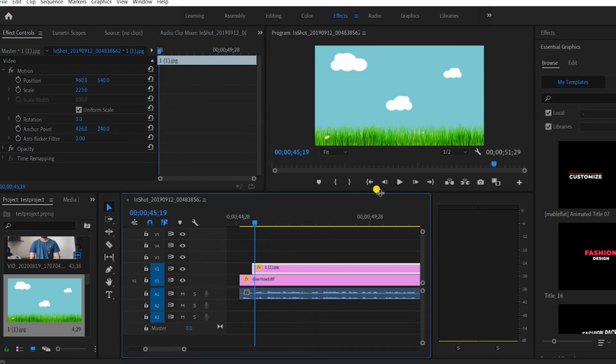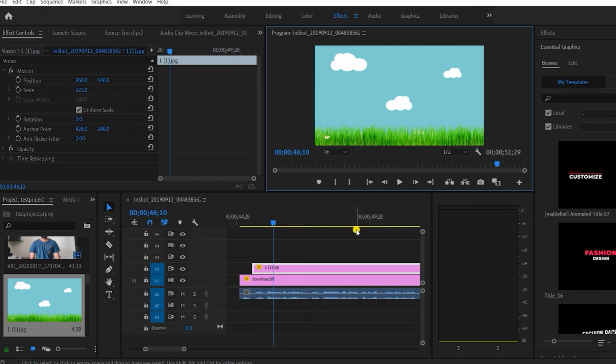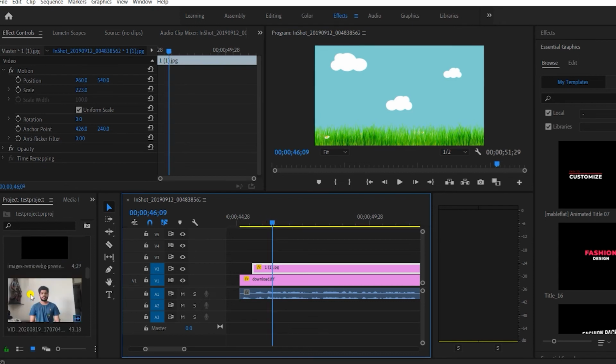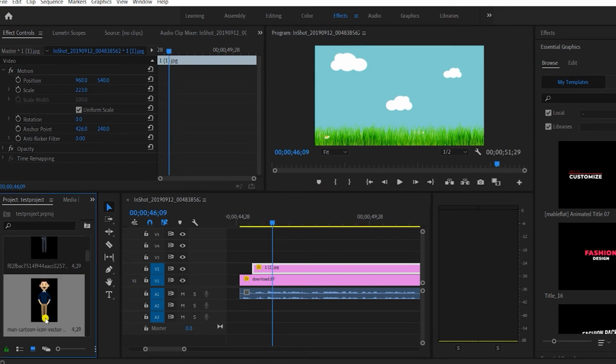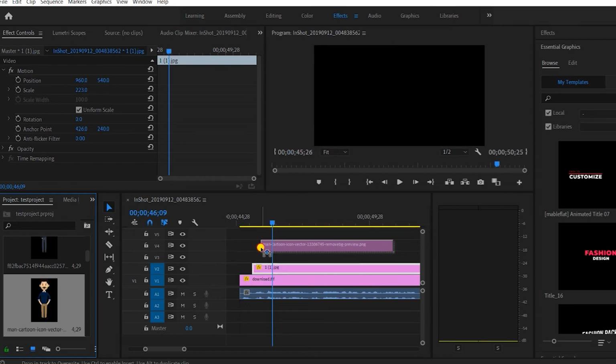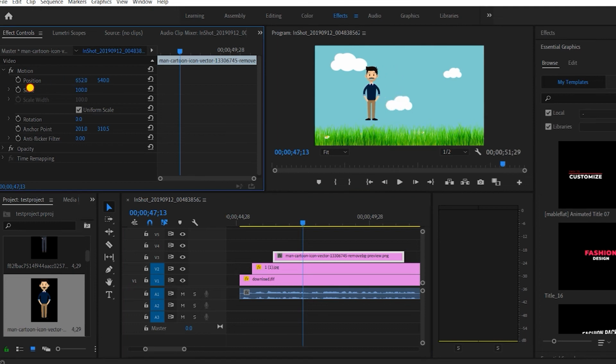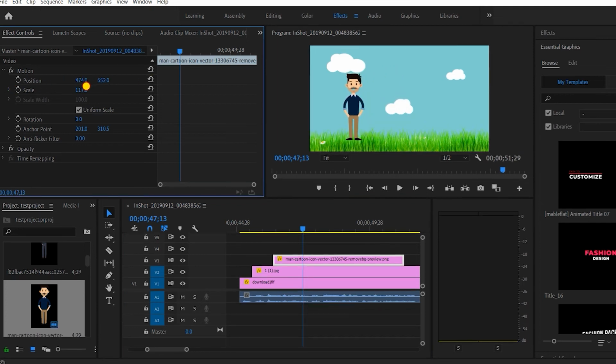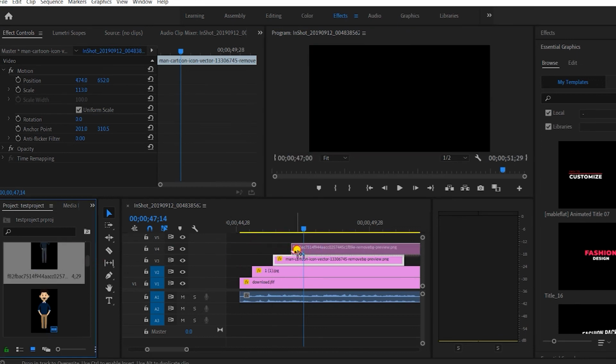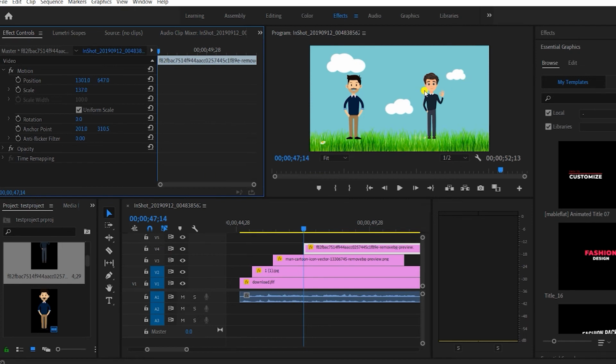So let's add the other characters. The plan is that the character should be synced with the audio. So I'll get the cursor to where the audio says Aman Gupta, and then I'll get an animated pic of Aman Gupta from here, and drag it and drop it right here. Again I have to place it properly, so I'll select it and through the position tool I'll change its position and also increase the size. Similarly, when the audio says Sameer Gupta, I'll place the other animated character. As you can see, now both of our characters match each other.